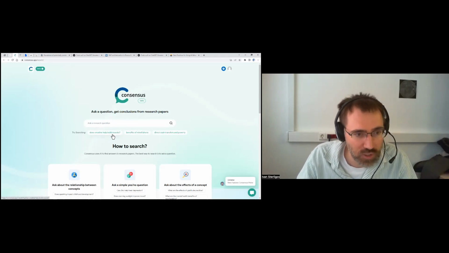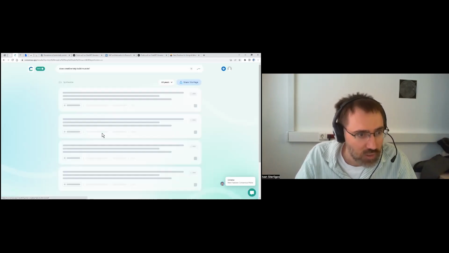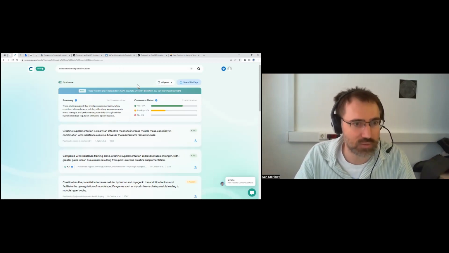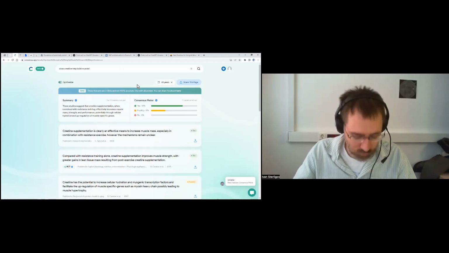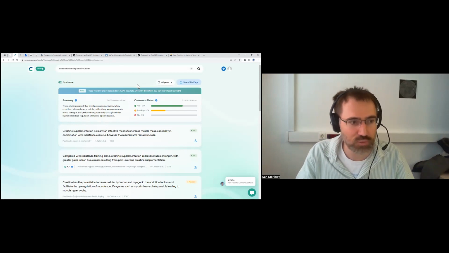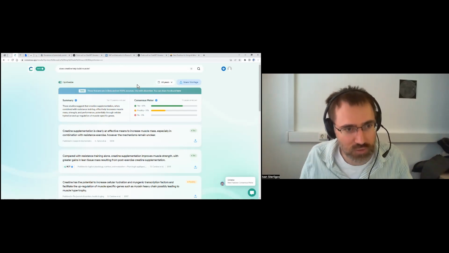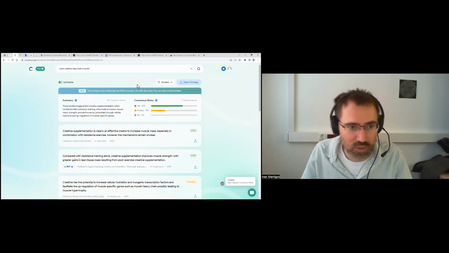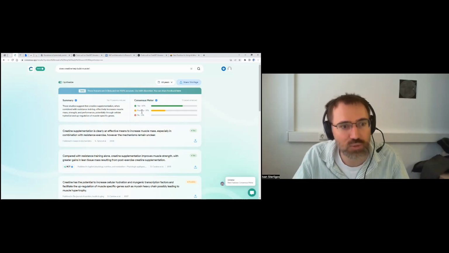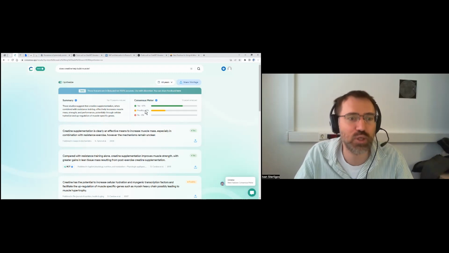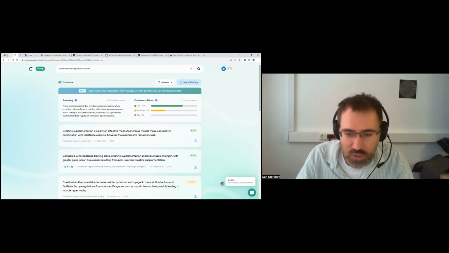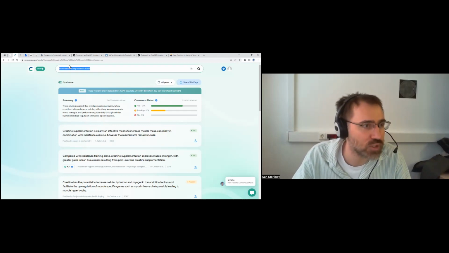So let's try, well, benefits of mindfulness. Won't try that. Let it be creatinine and muscle. So what this tool does, it not only summarizes the paper, but tries to answer your question positively or negatively, producing the breakdown of different papers which support or contradict your claim or research question. But